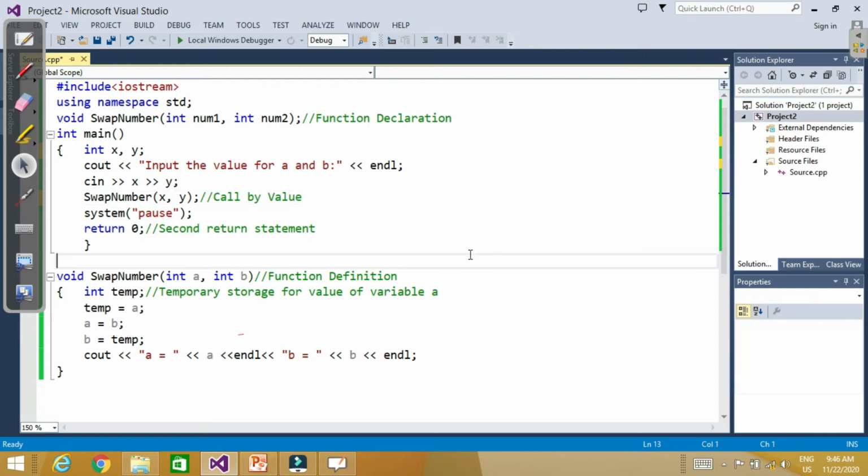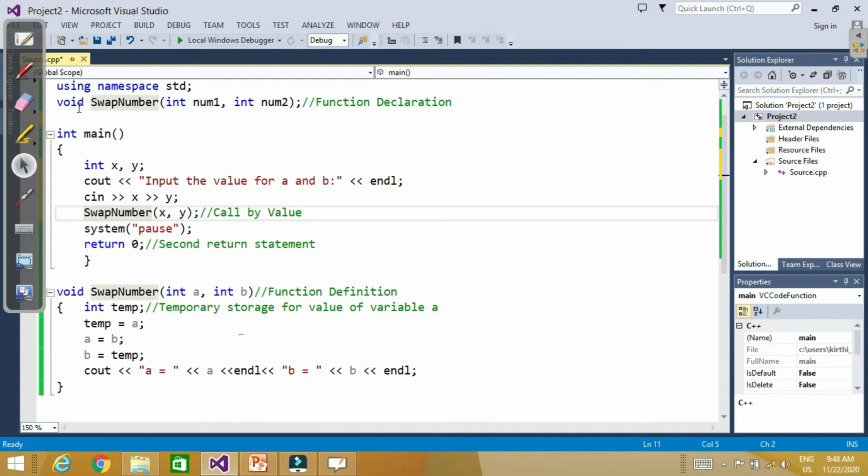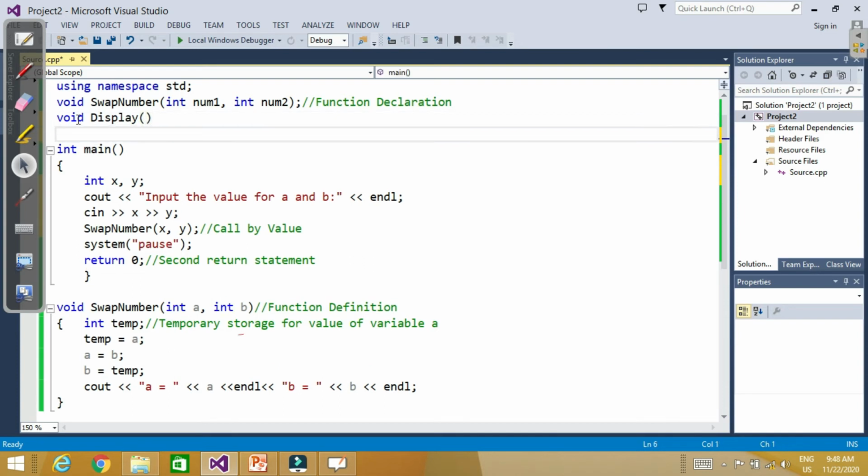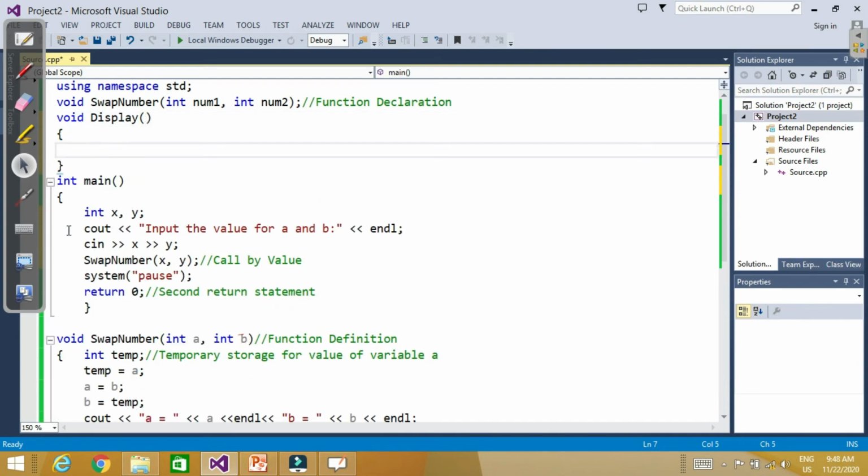Now we can write another function. Simply we will write a function void display, and I'll define this function here. The display function will ask for input.